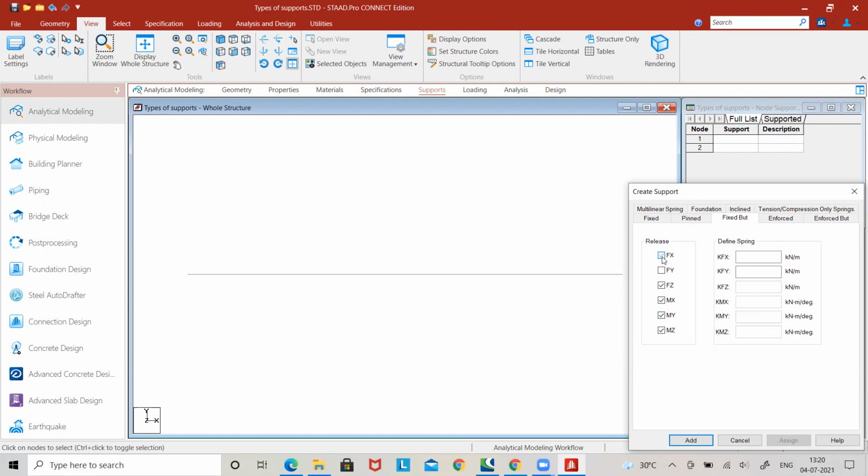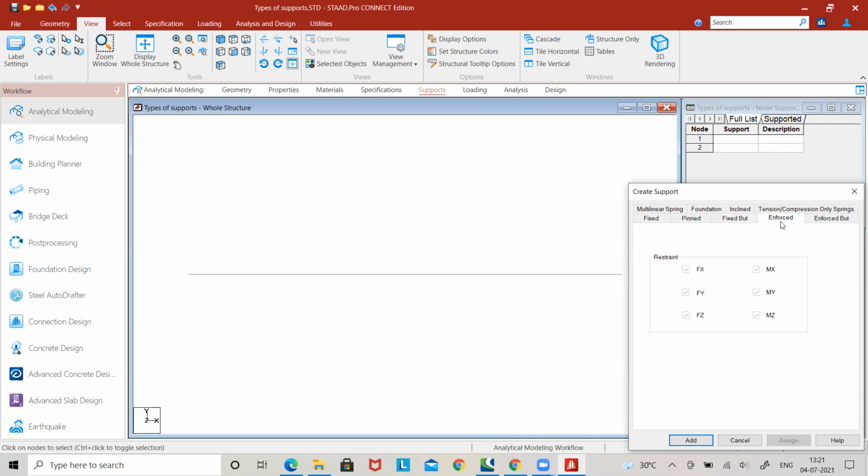Now let us say we want this support to behave like a hinge support, but some stiffness should be assigned to that particular support. Let us say in the case of soil foundations, where you can have some spring coefficients, that is the stiffness you want to introduce. Here you can put the values in kilonewton per meter. It will be a fixed but support, but here there will be some deformation with some resistance also. That means the reaction will also get generated with some deformation, depending on the value you enter here. That will be experimental data, or data you collected from particular values.